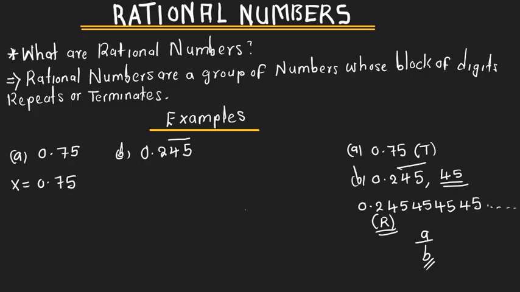Then take the point next to the number before the point. In other words, I'll shift my point by one step in between 7 and 5. Since I'm shifting it by one step, I know that I'm multiplying everything by 10. So it becomes 10x, and that becomes